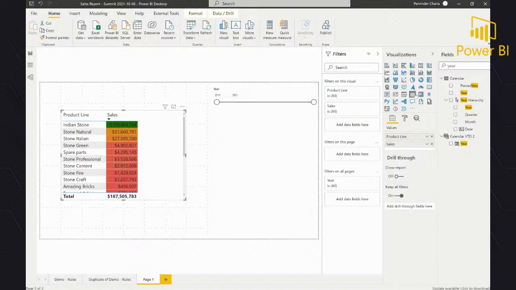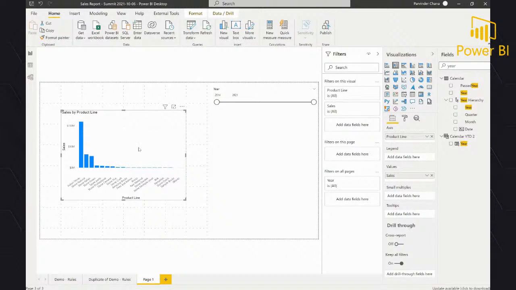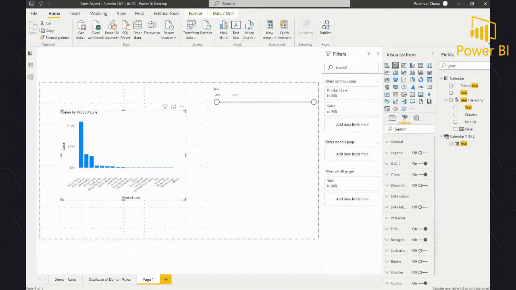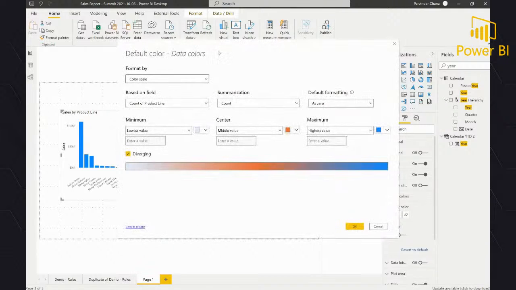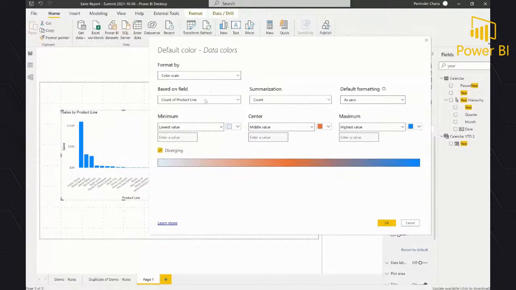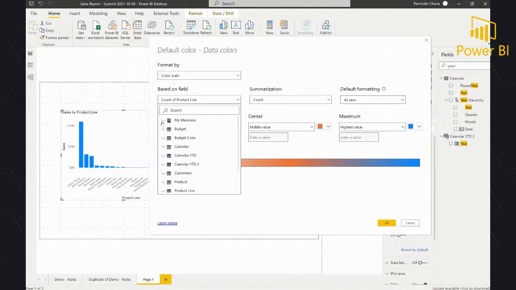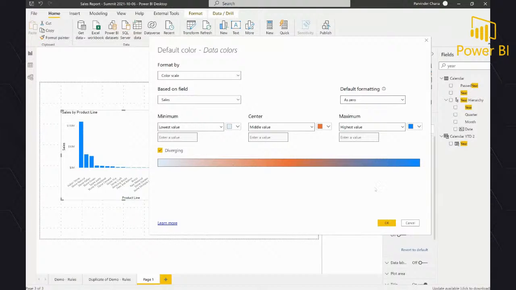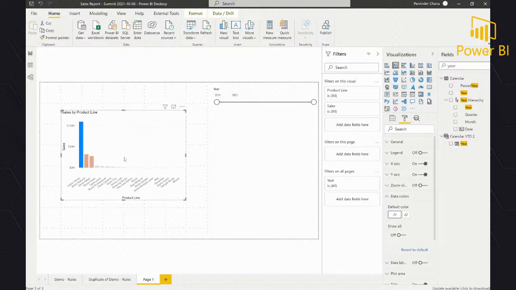But when I switch to a bar visual and go to the format pane and data colors, you have to define what field the color is based on. Right now it's taking into account product line, but this is not what we want. We want it based on our measure, which is a sales measure. And let's go there. So now we can see that it shows that color scale from minimum to maximum.